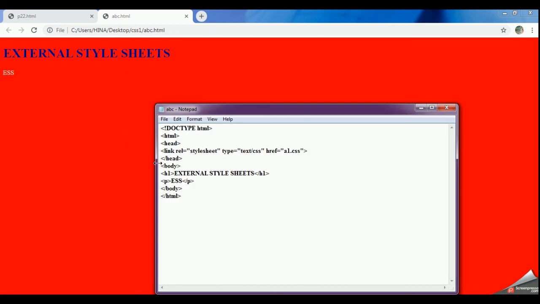And the last one that I'm going to tell you is the inline style sheet. So in the inline style sheet, what happens? Only specific HTML elements are changed. Suppose in the heading I want to change the color. So if I'm writing here color is equal to navy, now save it,